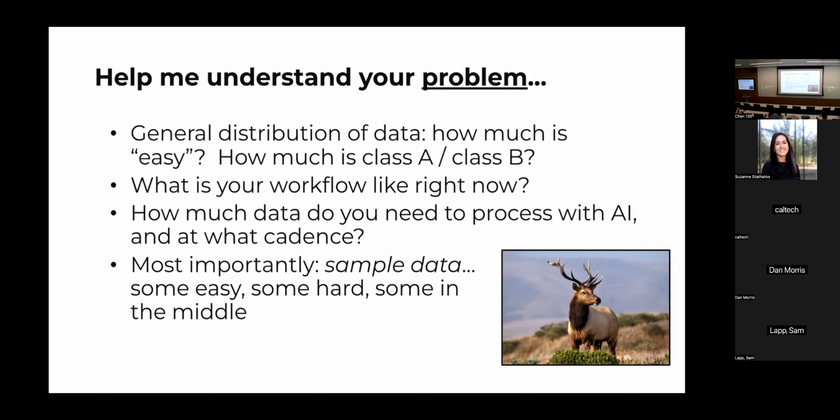And of course, most importantly, always ask for sample data, representative sample data. So some easy data, some hard data, some in the middle. If there's lots of empty space in this hypothetical pile of satellite images where they're looking for wells or whatever, make sure you get a whole bunch of the images where there aren't wells, ideally selected kind of at random. So get sample data in front of your eyes, especially for computer vision problems or text processing problems, as soon as you can.